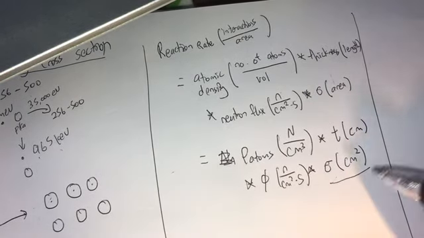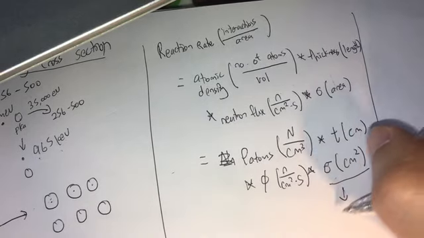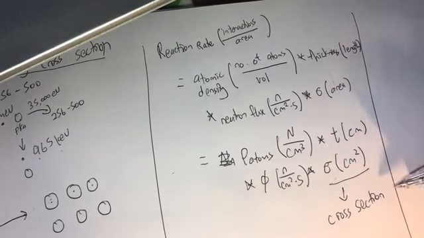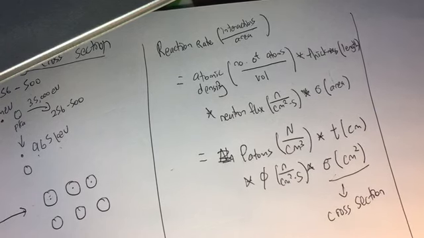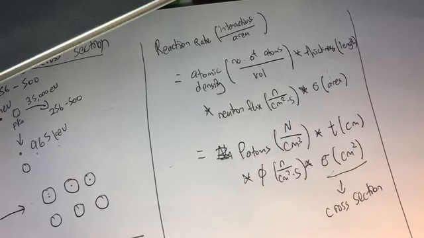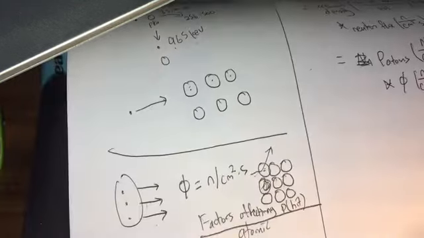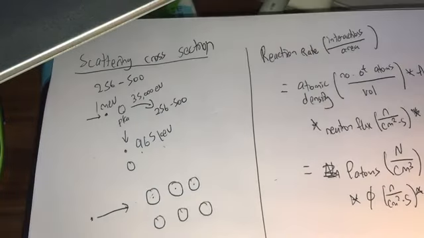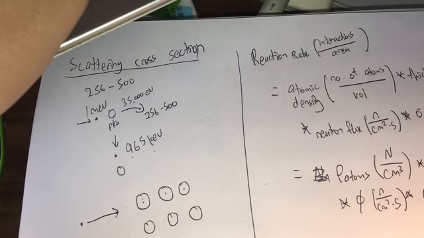Now this constant of proportionality, we call that the cross section. So the larger the cross section, or the larger the area, the higher the probability of the interaction between the flux and the lattice. That's what we call the cross section. Okay,